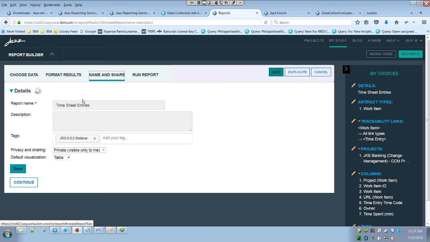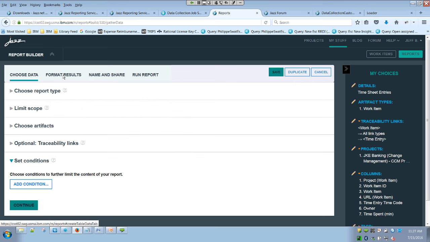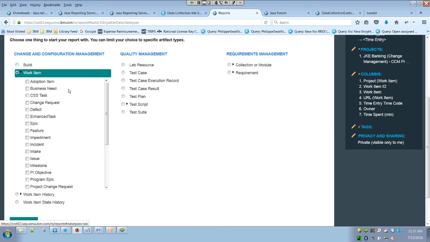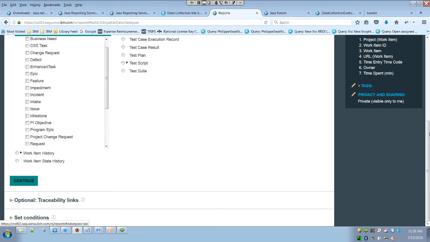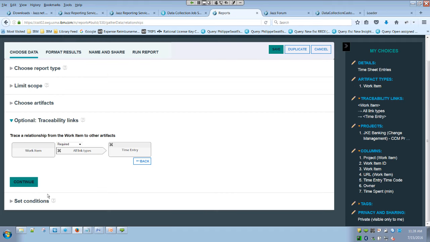And so, okay, choose data. All right, so for timesheets, a lot of folks have expressed an interest in trying to get at the timesheet information. Both LQE and the data warehouse data sources allow you to do that within 602. Okay, and basically, if I want to pick work item as my artifact type,